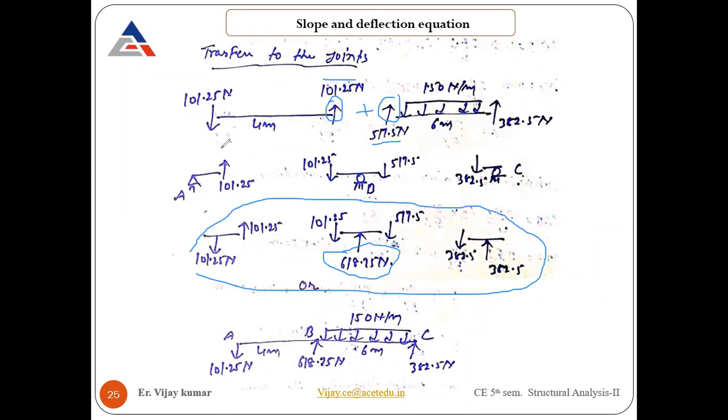Downward, just a simple way. Upward, this is downward, again upward, downward, upward. You just need to balance the forces. At this joint, if you see, their summation is coming out to be 0. At this joint, if you see, their summation is also coming to be 0. At this joint also, if you see, their summation is coming out to be 0. So ultimately, this is the thing you need to mention.